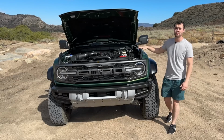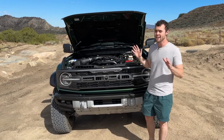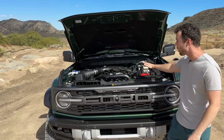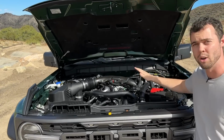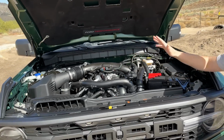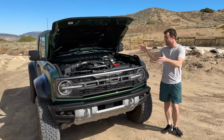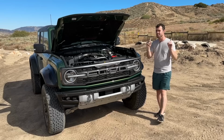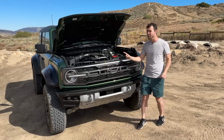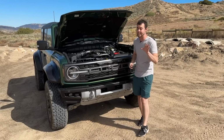Under the hood of the Raptor is a 3-liter twin-turbocharged V6, making 418 horsepower and 440 pound-feet of torque. Now, interestingly, Ford doesn't use the 3.5-liter EcoBoost from the F-150 Raptor. It's actually a 3-liter, and that's a good thing. This engine sounds throatier, sounds meaner, and more powerful, despite the fact that it's got a little bit less horsepower